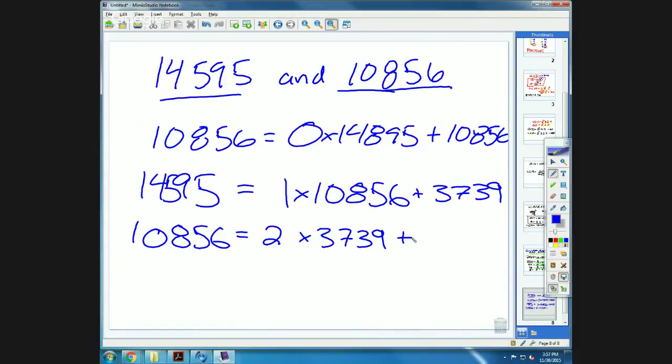What'd you get? Really, what'd you get? Did you really? What was the last remainder before the 0? So what happened after this step here? So then, yeah,